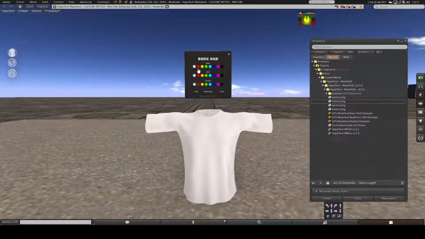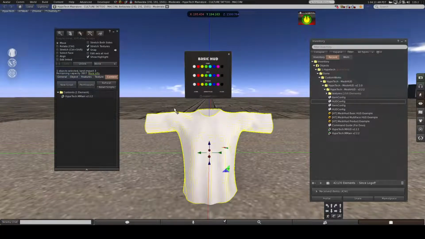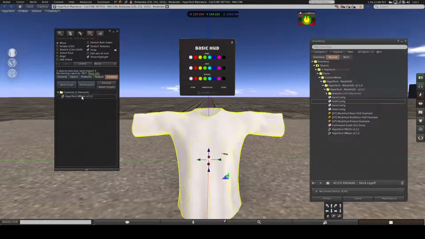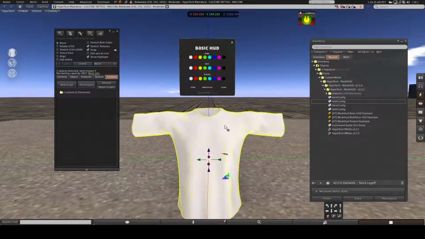I have here a basic HUD and one mesh for the tutorial. Before I start, I deleted the scripts to show you the configuration. And now, in the final product, I put the main script,